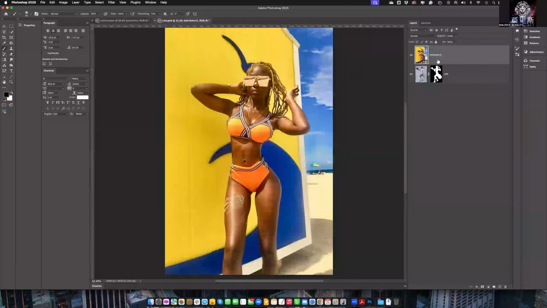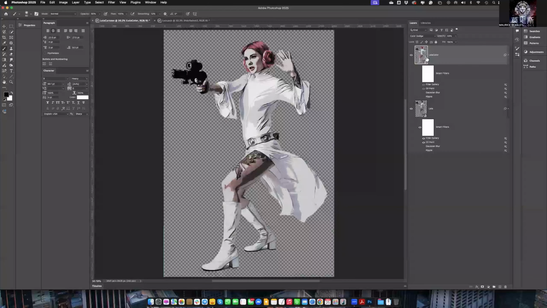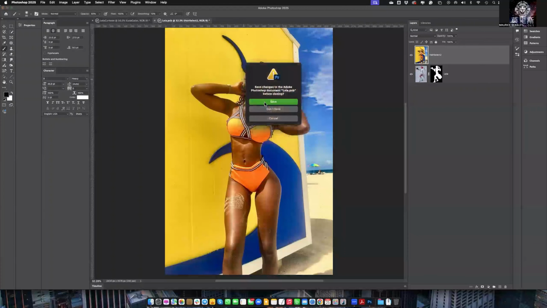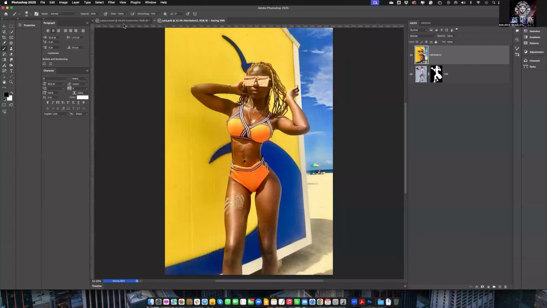Well, as soon as I bring this in as another layer and it's over top of this picture, all right, whatever I put inside this PSB file is going to exist in the protected layer. All right, so in those protected layers, those smart objects that I created in this file here is this PSB file. So if I make new changes inside the PSB file, save and close, it's saving. Save and close. Once it closes up,